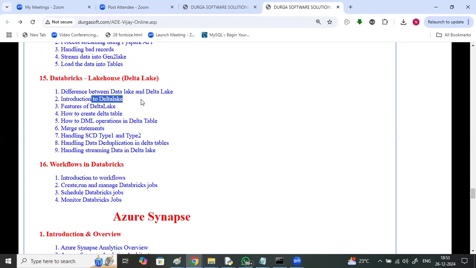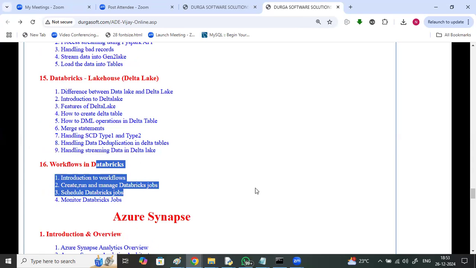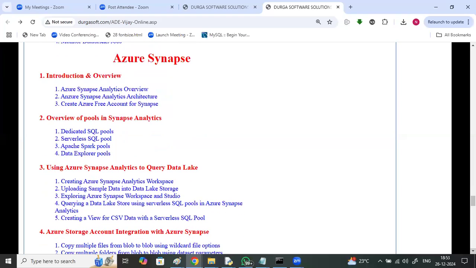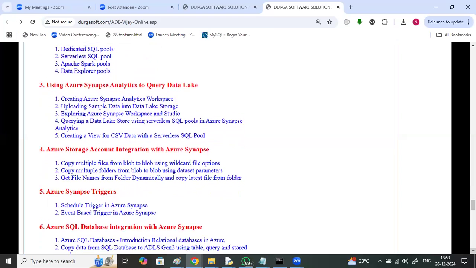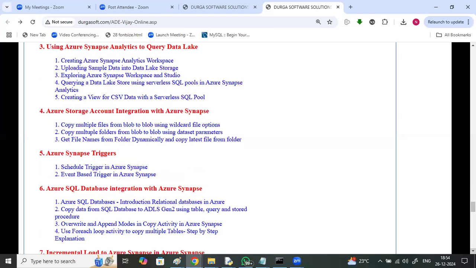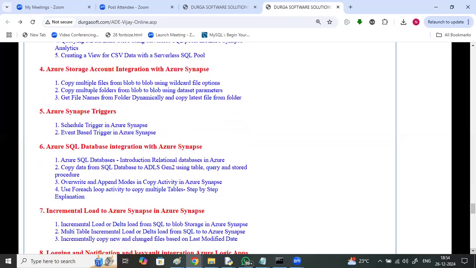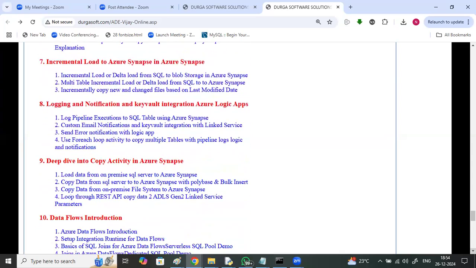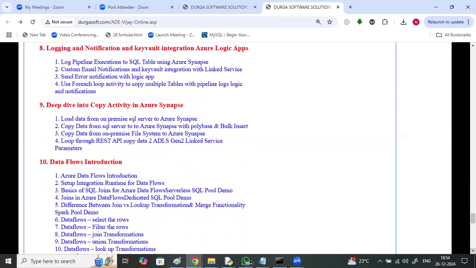Delta Lake, differences between Delta Lake and Delta table, introduction to Delta Lake, features of Delta Lake, how to create Delta table, DML operations in Delta table, merge statements, handling SCD type 1, type 2, data duplications, workflows in Databricks, scheduling Databricks jobs, monitoring Databricks jobs. Azure Synapse: overview of pools, using Azure Synapse Analytics to query data lake, Azure storage accounts, integration with Azure Synapse, Azure Synapse triggers, Azure SQL database integration with Azure Synapse, incremental load, loading and notification of key vaults, deep dive into copy activity,